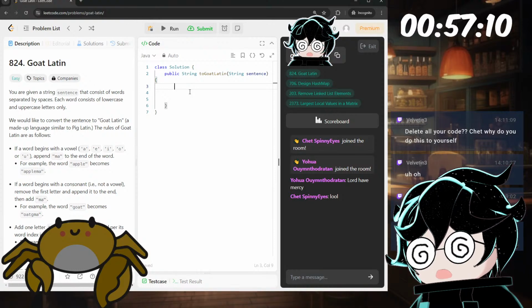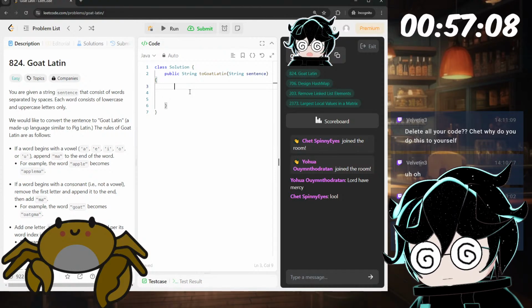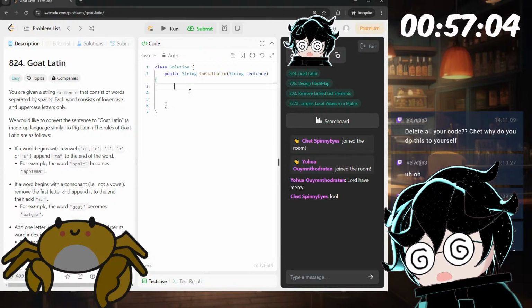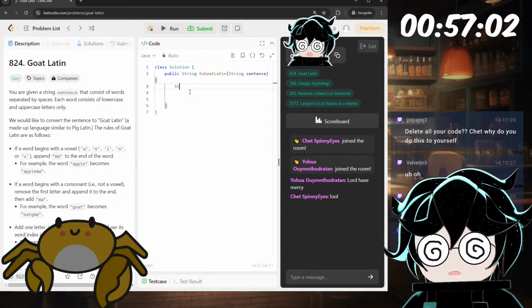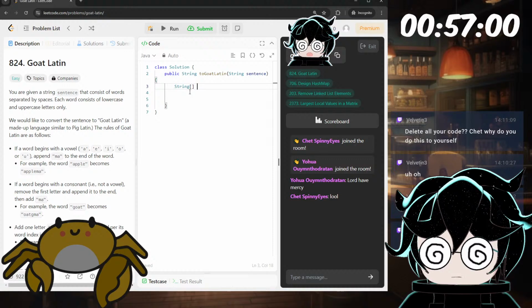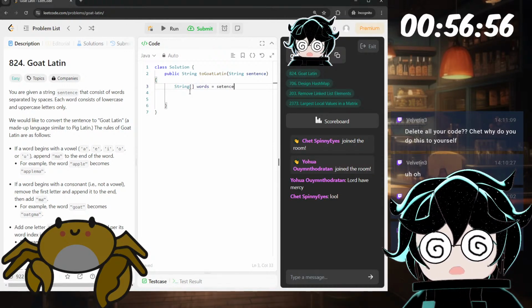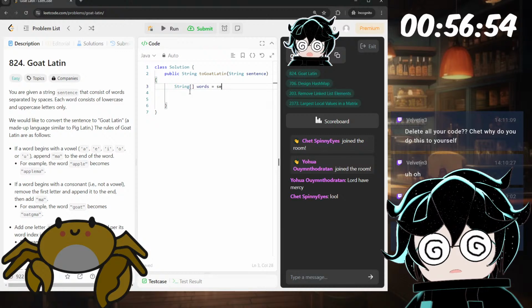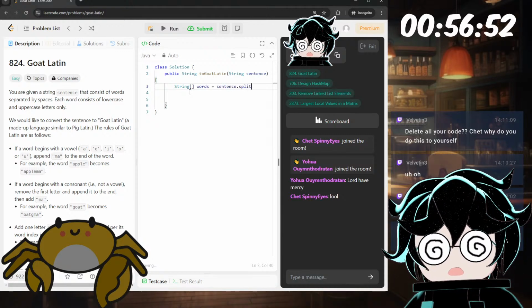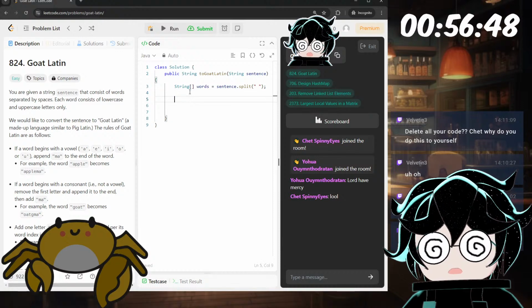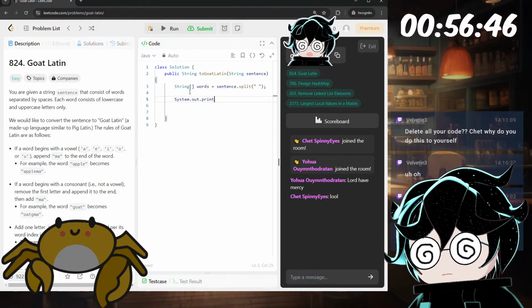So, let's first break up the sentence, right? Do some string parsing. So, String words is equal to sentence dot split, space right here, and System.out.println.